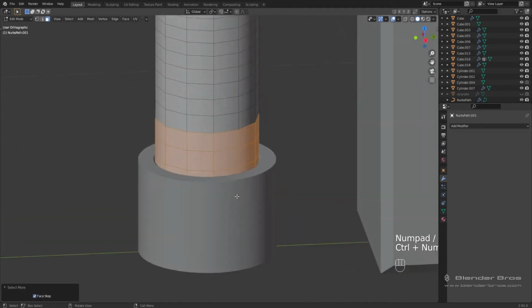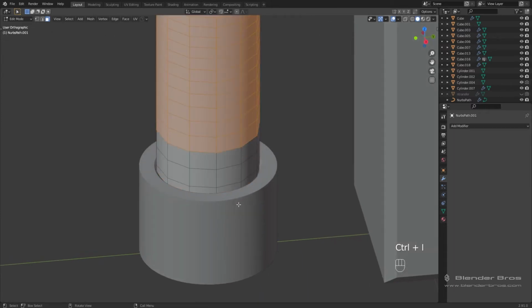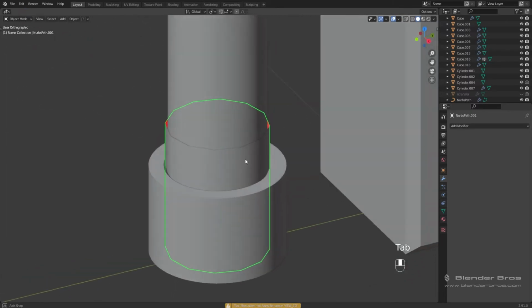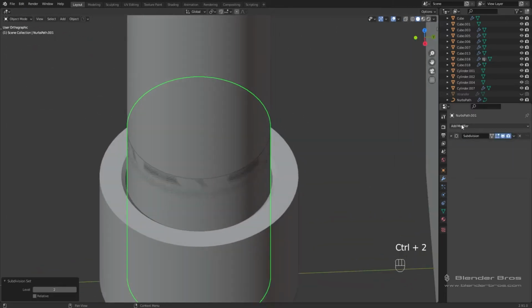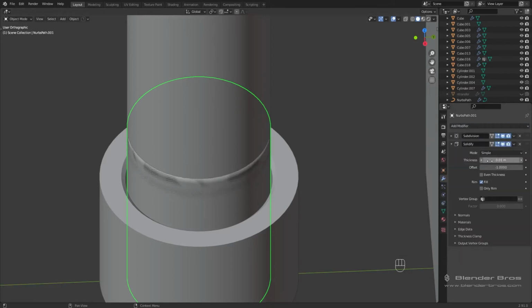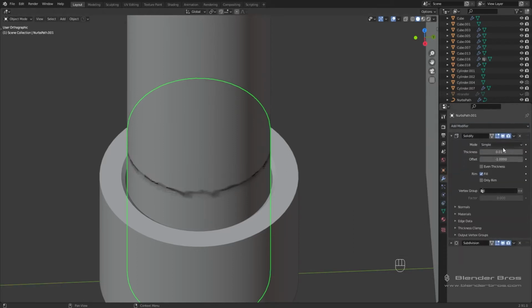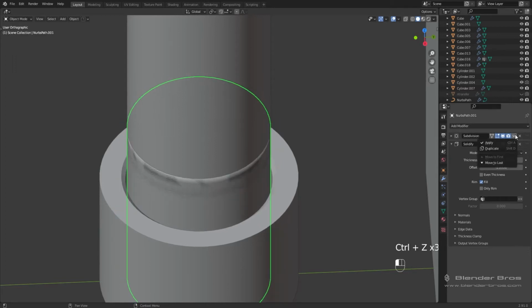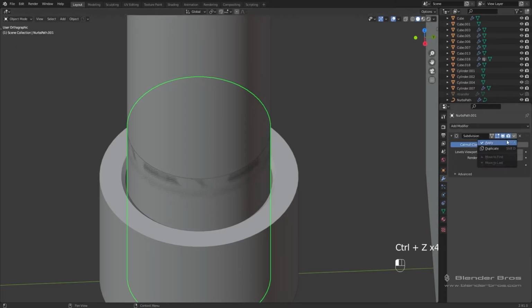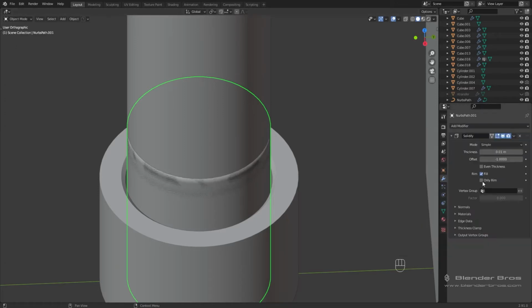That'll be good. Then what I want to do is Control I to invert the selection and then delete out the faces. So now we can take this piece, Control 2 to subdivide it, and simply add a solidify modifier. Let's put it on the top. Subsurf is going to kind of hit that as well. So you know what? We'll apply the subdivision and then just solidify